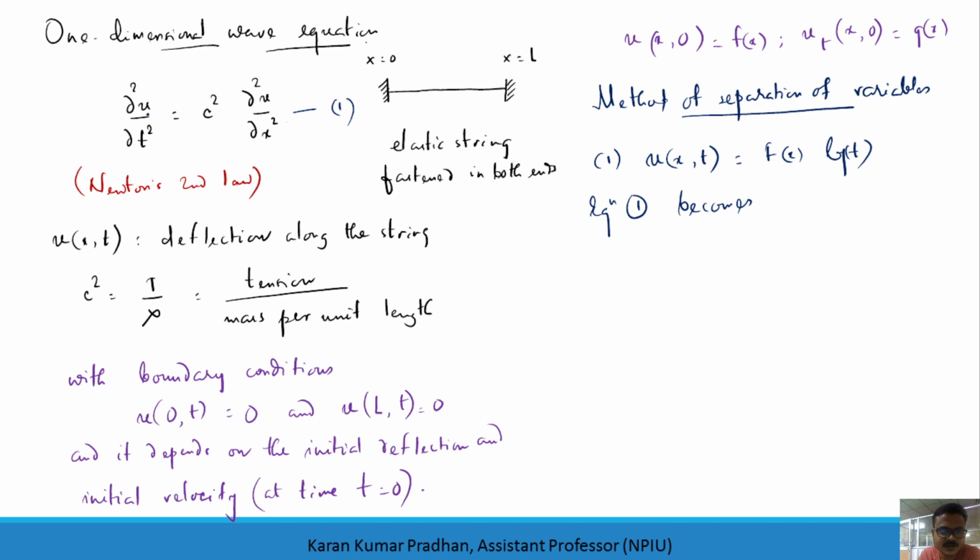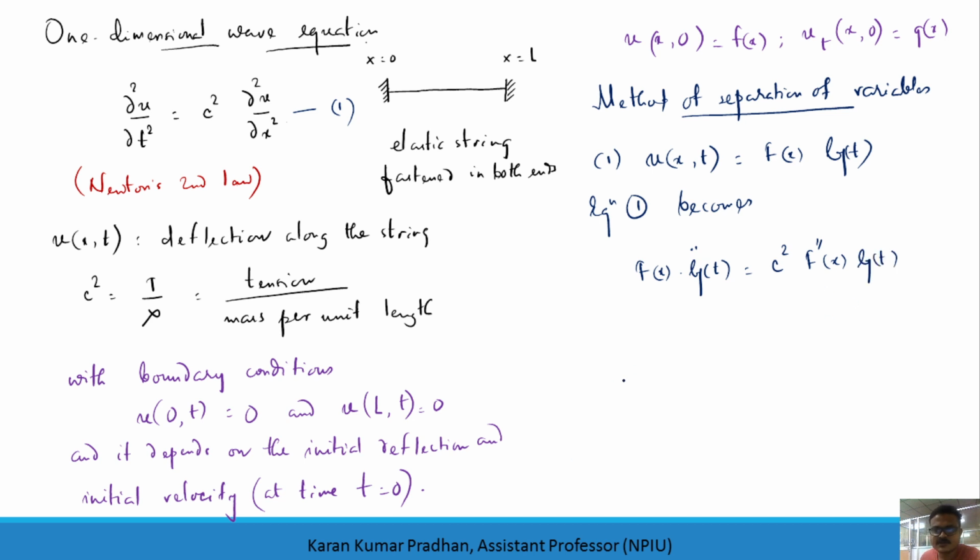So this will be the second partial derivative with respect to t. So I will get the function of x and the second derivative of g with respect to t. So g double dot, I am referring to the ordinary derivative with respect to t, and c squared times f double dash is referring to the ordinary derivative with respect to x. Okay, and g of t.